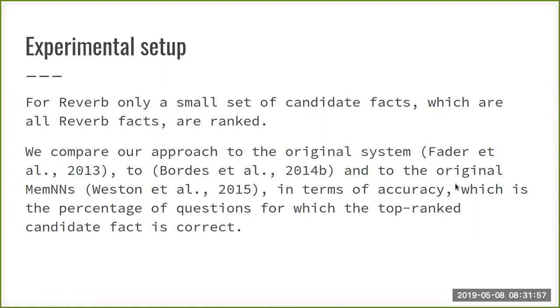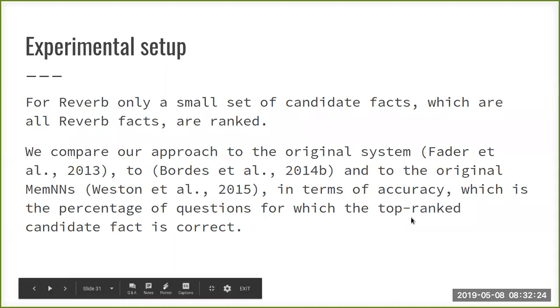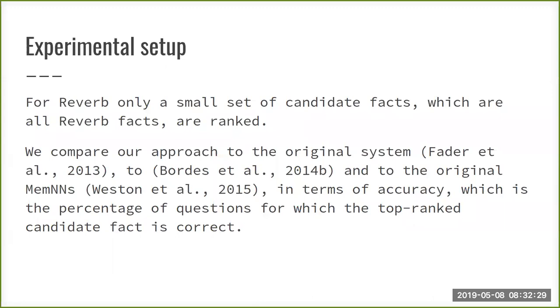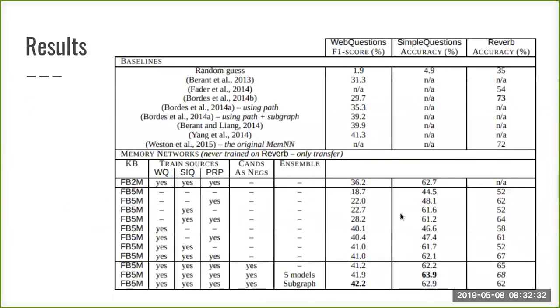Well, they have a little bit of weird things in how they actually do this experimental setup. So first of all, for this transfer learning thing, for ReVerb questions, the candidates they evaluate are only this ReVerb subset of facts that they store as well. They also do quite a lot of different things from the stuff that they compare with.